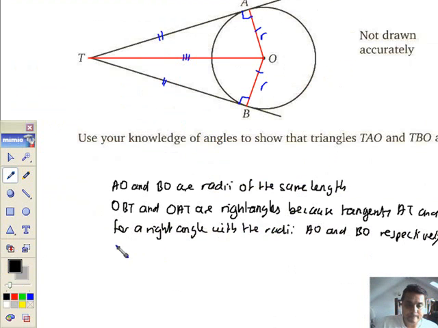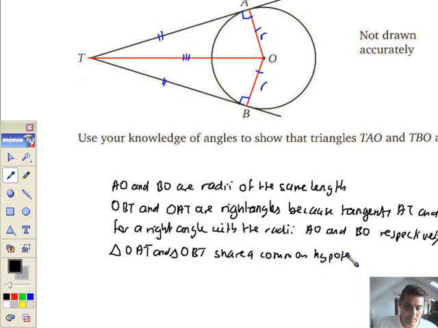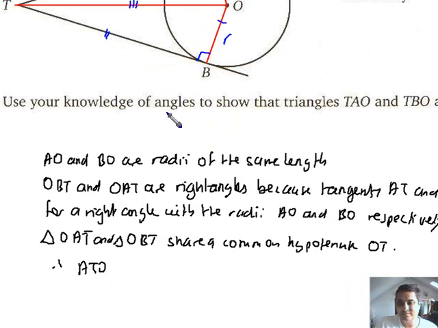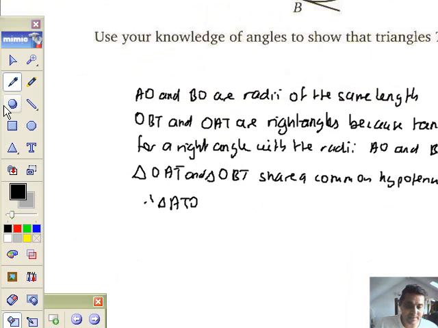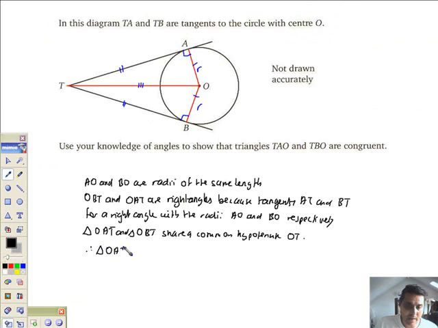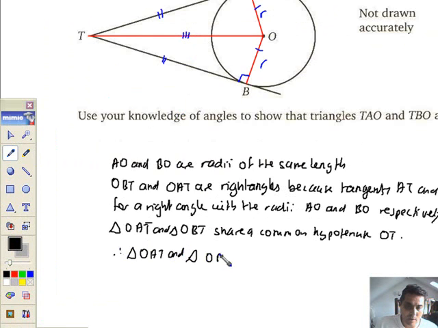And I'm going to say triangle OAT and OBT share a common hypotenuse, and the hypotenuse is OT. Therefore ATO or OAT makes a difference. Therefore triangle ATO, let's just be consistent, I'm getting tired, never mind. Therefore triangle OAT and triangle OBT are congruent